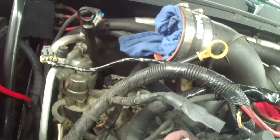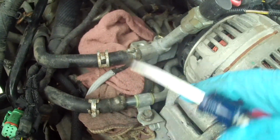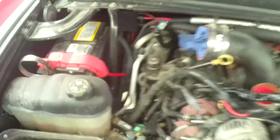Alright, so I just got these stupid stock clamps pulled back. I'm going to be replacing those with actual hose clamps. Much easier to use than these freaking stock things. For next here, get that out of the way. There's two 12mm bolts. There's one there, that holds the fuel filter housing on. Take those to remove it, but before you do that,